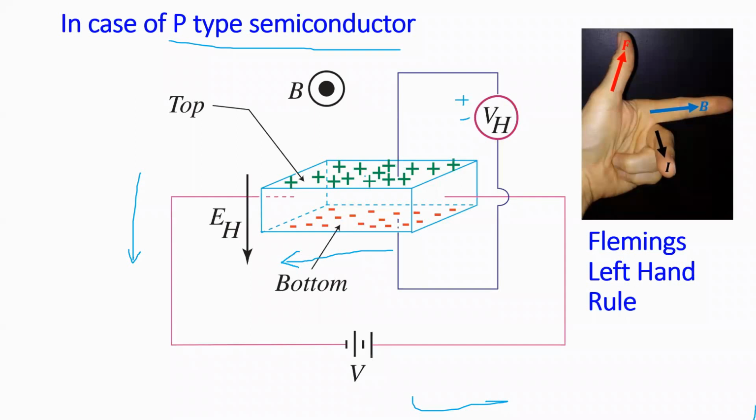So the entire thing is decided with the help of the type of the carriers that are accumulating on the surface. So this is a very good thing which helps us to get the idea about that. If you get a semiconductor, and somebody asks you how you can determine what is the type of the semiconductor, whether it is p-type or n-type, that can be known with the help of Hall effect. So this is one application of your Hall effect.